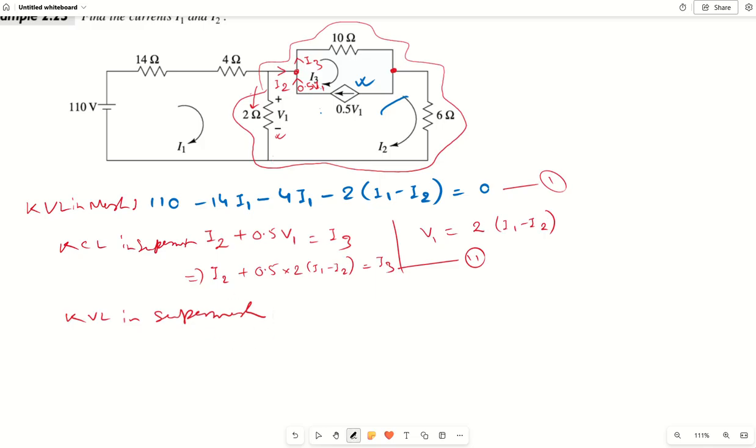If we start from this point, it will be minus 2 times (I2 minus I1), then going to this, minus 10 times I3, then finally minus 6 times I2 equals 0. Okay, so we have three equations, three unknowns, and after solving what we get is